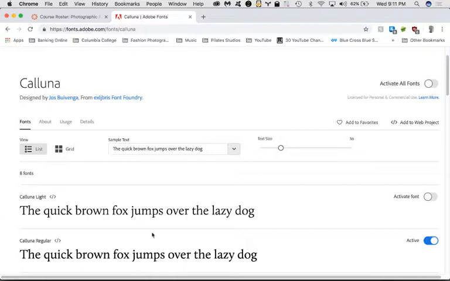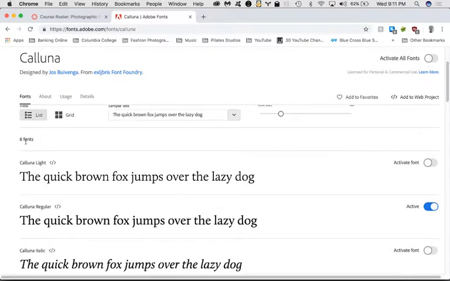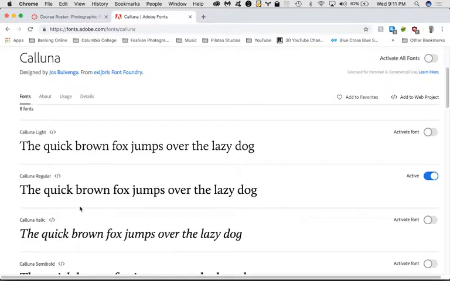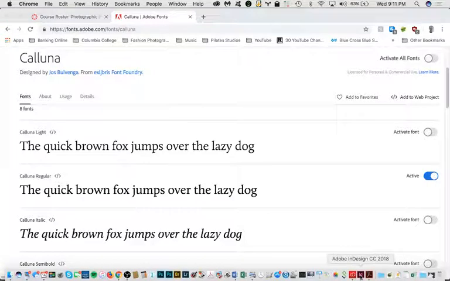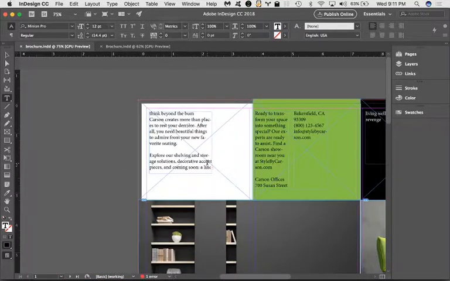So with Acumen actually done, there's only one of them that I want you to activate. You can see that there's 8 of them. We only need one, and it's this regular font right here. So if you simply click on that one to activate, it'll only activate one, which keeps your font menu hopefully somewhat negotiable. So then back to InDesign, and as we get back to InDesign,